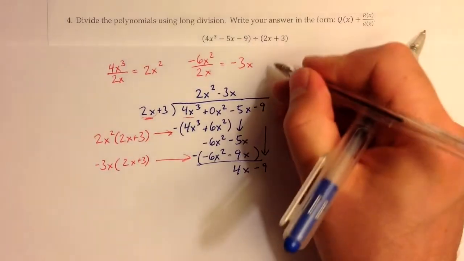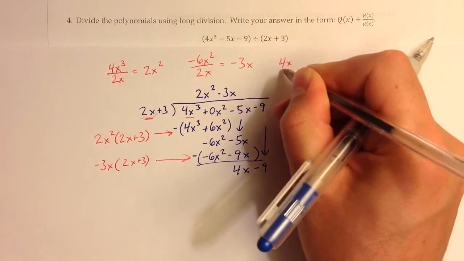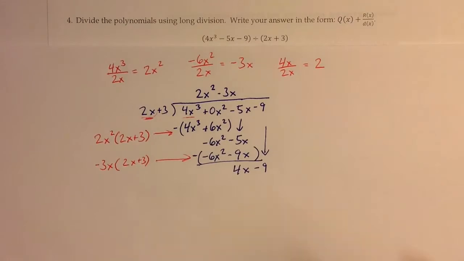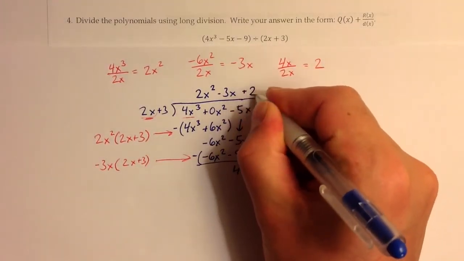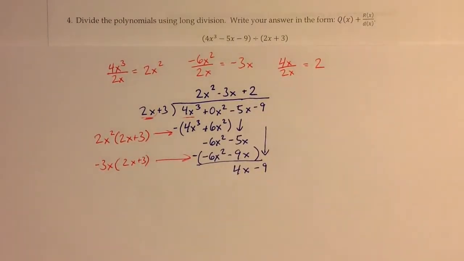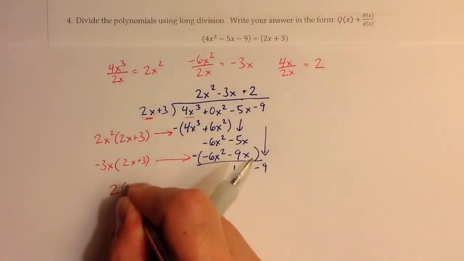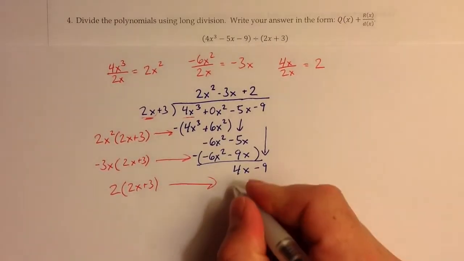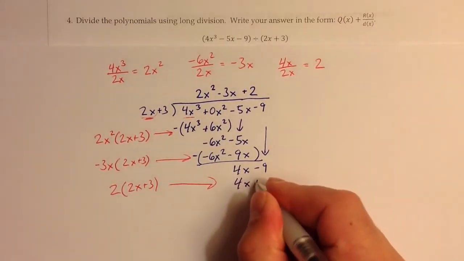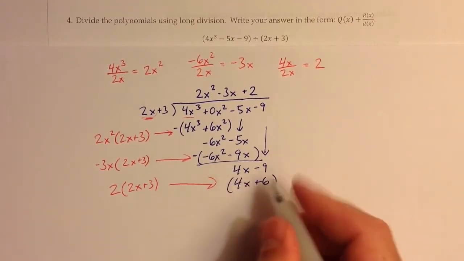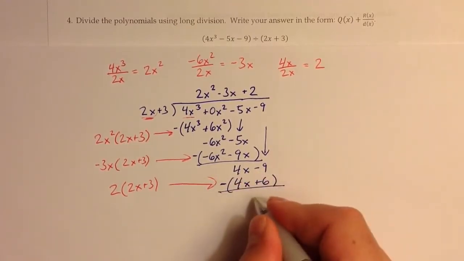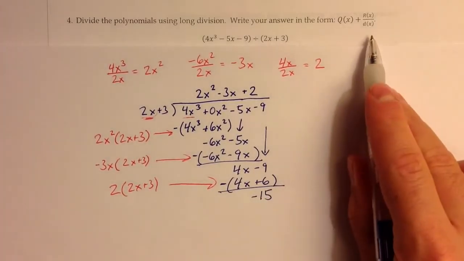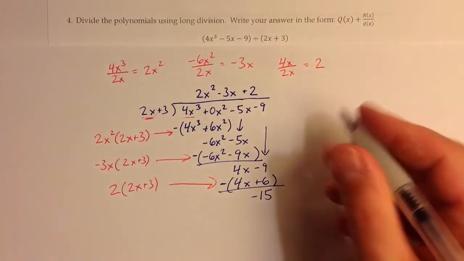And one more item will go into our quotient. 4x divided by 2x is 2. So we get a positive 2 as the final value in the quotient. 2 times 2x plus 3 gets subtracted. 4x plus 6 gets subtracted from 4x minus 9. So negative 15 is the remainder,